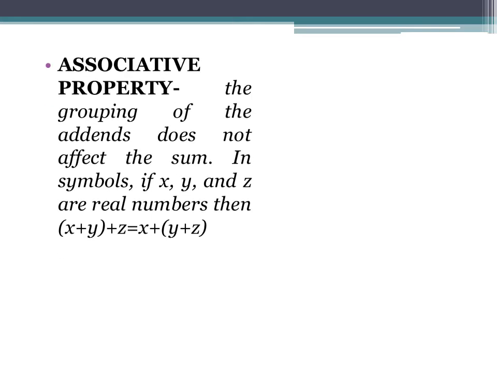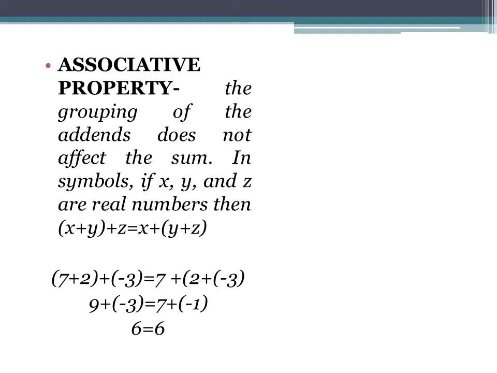Now we have the associative property. The grouping of the addends does not affect the sum. In symbols, if x, y, and z are real numbers, then the quantity of x plus y, plus z, is equal to x plus the quantity of y plus z. So, here's the example. Always remember that in the associative property, there are three or more numbers involved. For example, the quantity of 7 plus 2, plus -3, is equal to 7 plus the quantity of